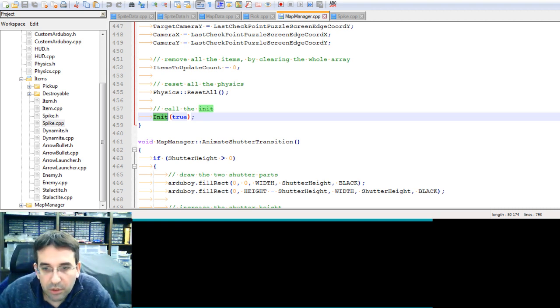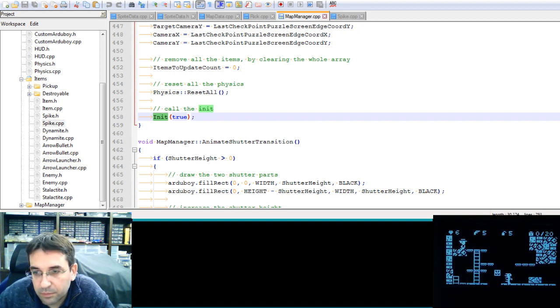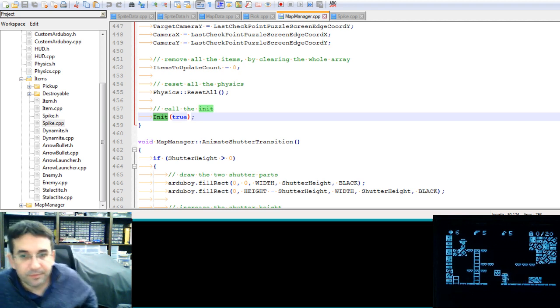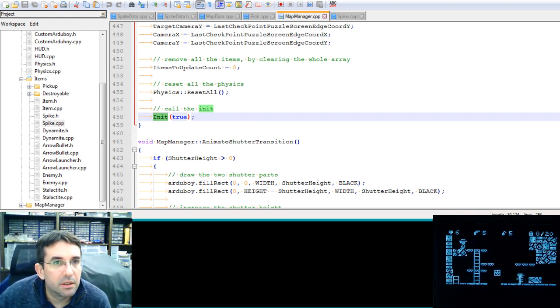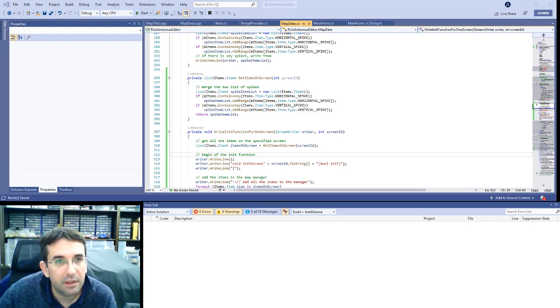The Arduboy camera. Okay, and we need to, yeah, I will replace the file that we